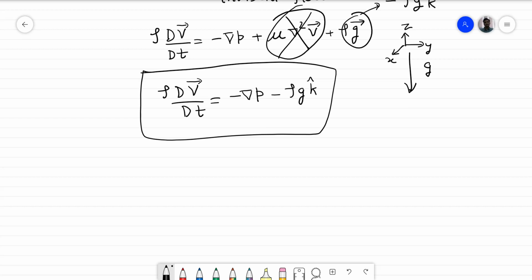These are not a single equation, there are three equations here, because this is a vector equation. Velocity has three components, grad P has three components, and in minus rho G k cap, the two components in the x and y directions are zero. There is only a third component, in the k direction, the Z direction. Now these equations are known as Euler's equations,